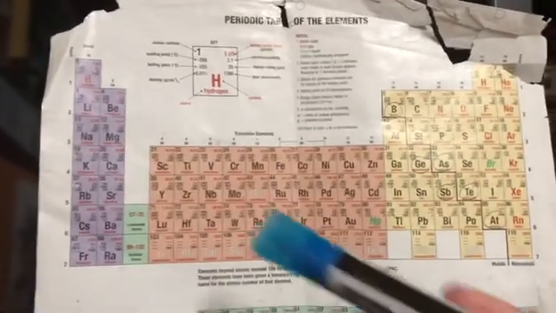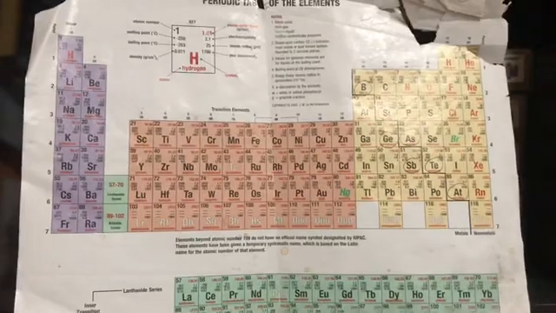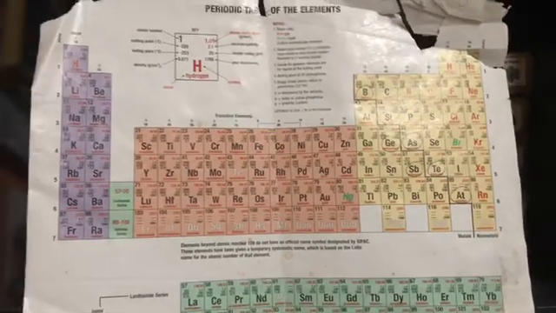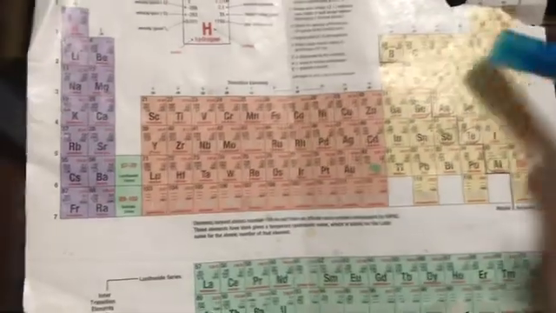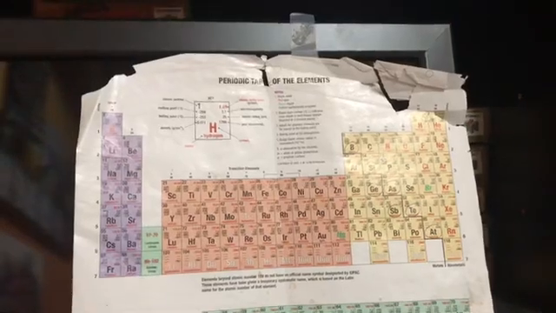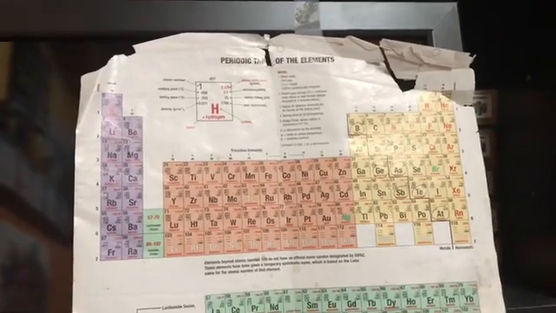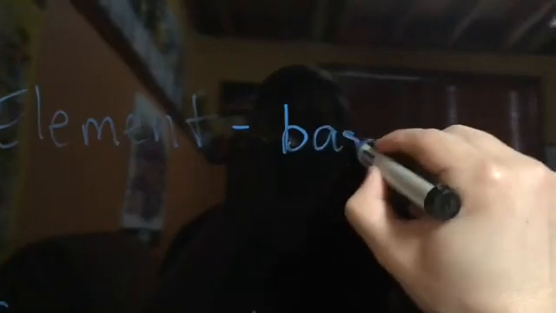Like if I had a bunch of potassium, for example, I can't break down potassium into any simpler parts. It's just going to be potassium, potassium. Same with oxygen. If I'm breathing a bunch of oxygen, it can't be broken down into anything else really. So if I were to write a definition, I would say that an element is a basic